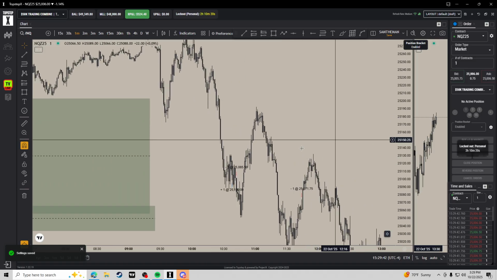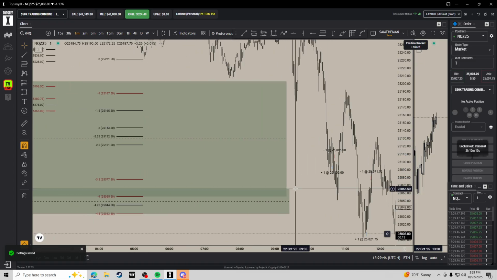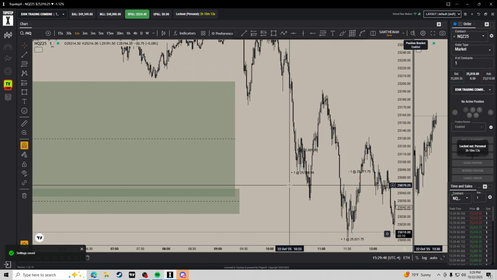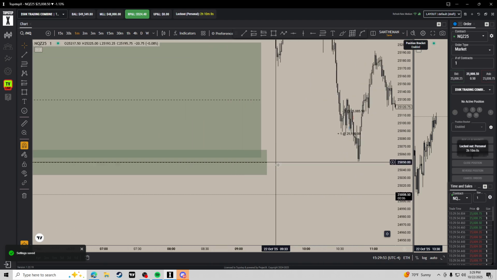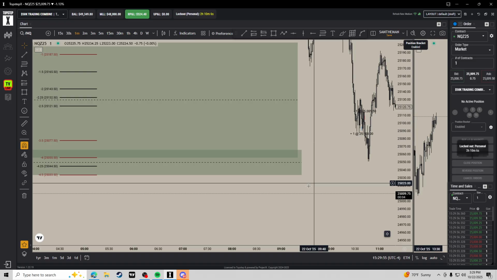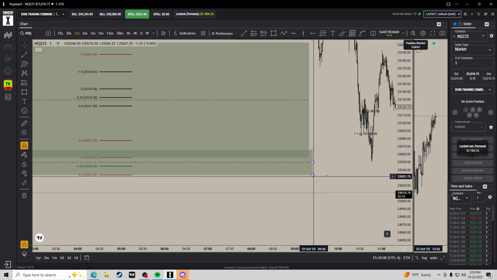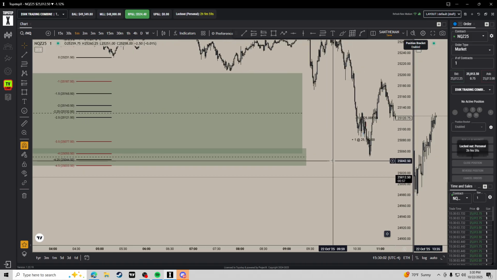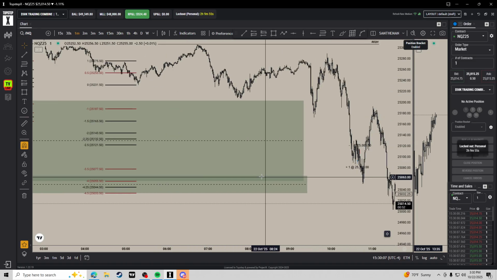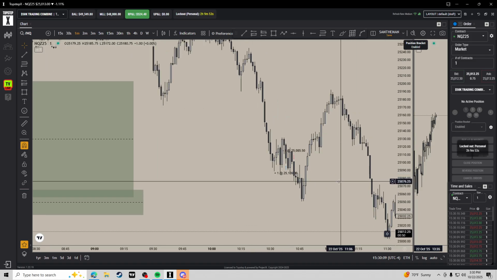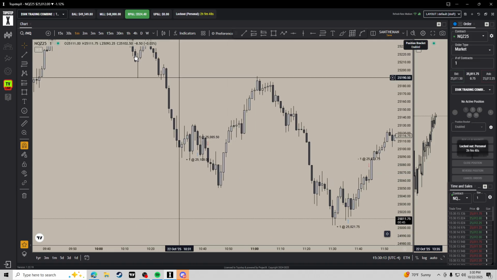Okay, I think I see what I did here. Yeah, it was like a 30-second. It was so dumb. I don't really know why I took this. I kind of forgot I didn't have this volume imbalance marked out. Like I said earlier, I didn't have the volume imbalance marked out even though I knew it was there. And I just ended up taking this. I think I had full range on something down here.